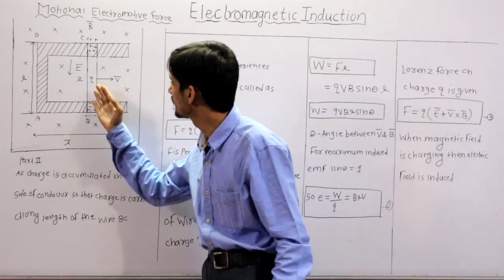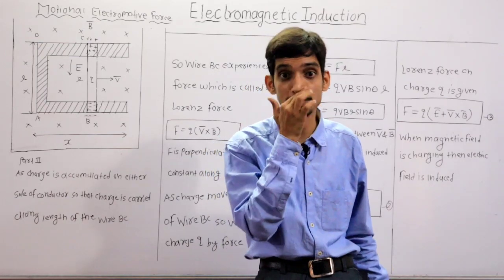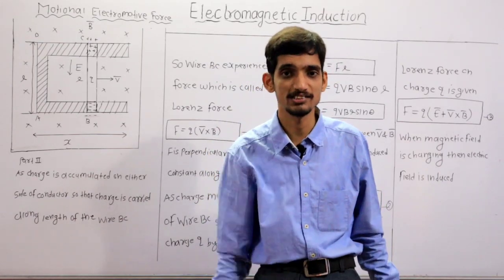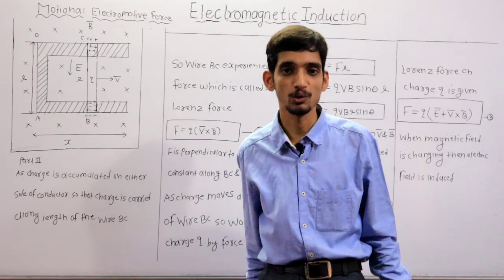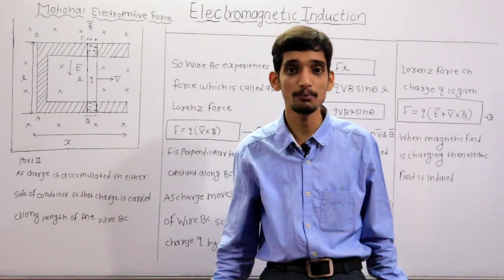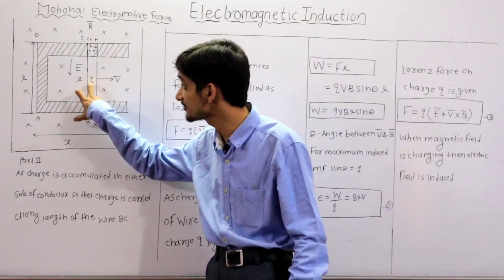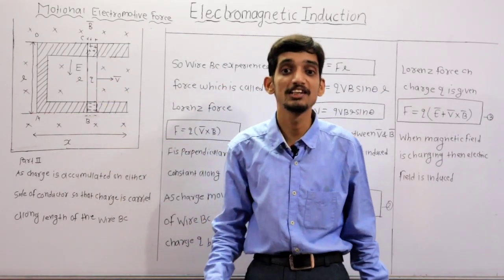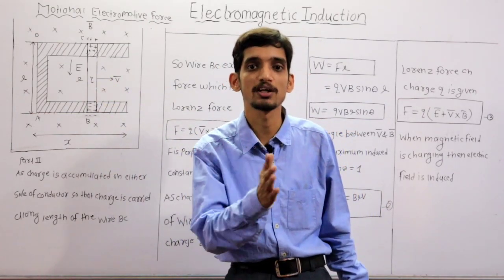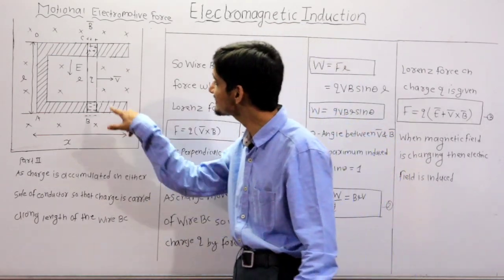Why is the electric field present? Because as we know, inside a conductor the electric field is zero, but that is applicable in electrostatics. Here the conductor is in motion, charges are in motion, so whenever it is in motion, at that time the electric field inside the conductor is not zero. Clear? So this conductor is not stationary, it is moving. That's why an electric field is set up and it is directed from positive charge to negative charge. Clear? Okay.